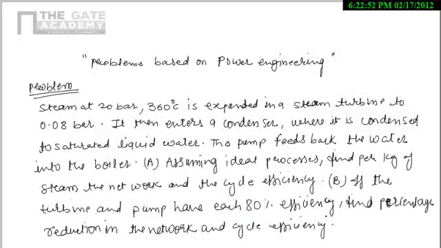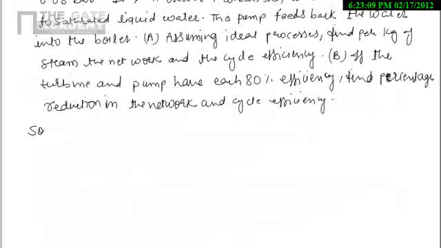So for this problem, we have to consider the two cases. First, we will deal with the ideal process, and second, we will deal with the actual process with 80% pump and turbine efficiency. So now we have to take some of the data from the steam table. So now let's solve this problem. So from steam table,